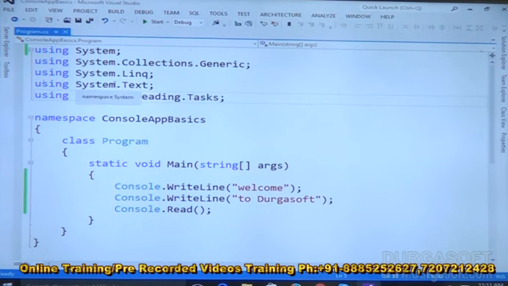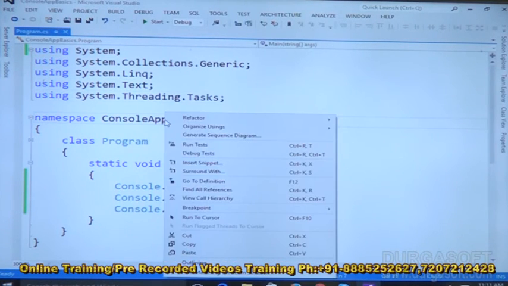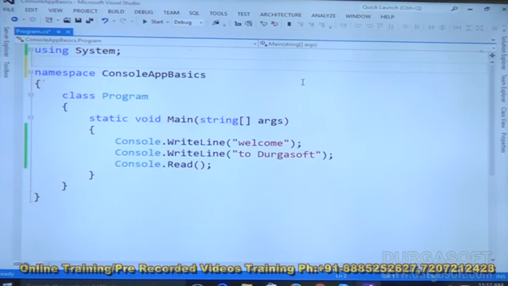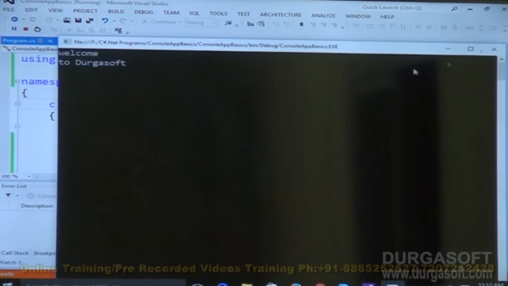It's simple. Right click on any namespace, whether it is system defined or user defined. If I want to remove unused usings, then go to Organize Usings, then click on Remove Unused Usings here. Now when I remove unused usings, you will see that except the System namespace, all the remaining namespaces are gone. That means to run this basic program with these 3 lines of code, only the System namespace is required, and the other namespaces are not. Now run the application, and it will run clearly.